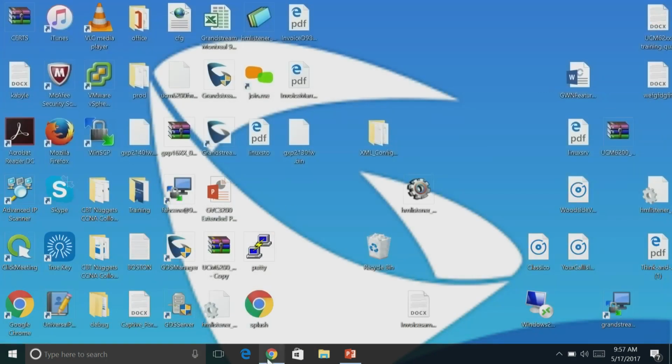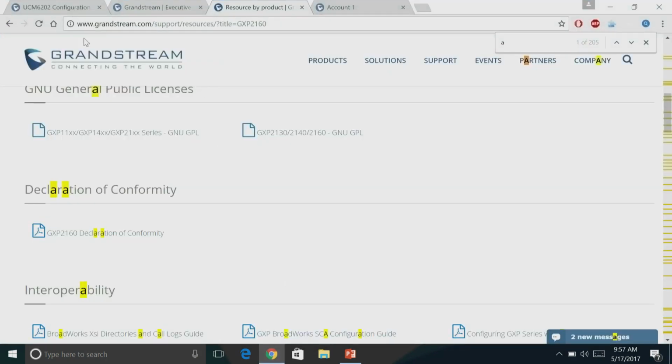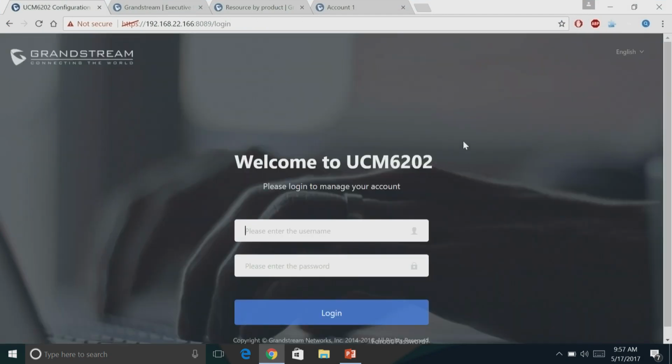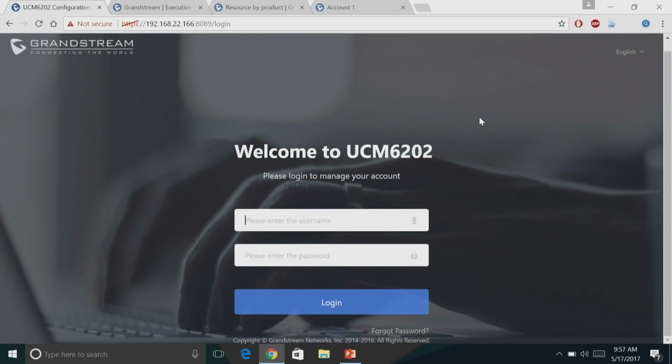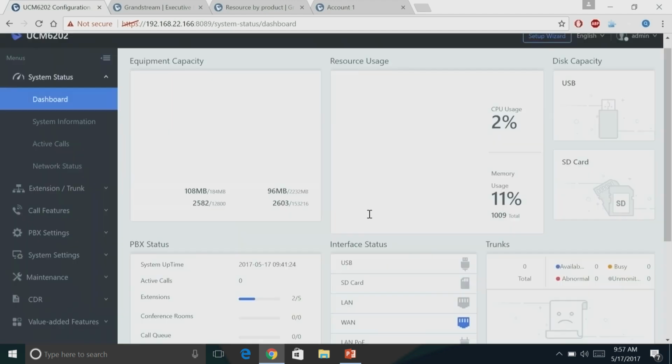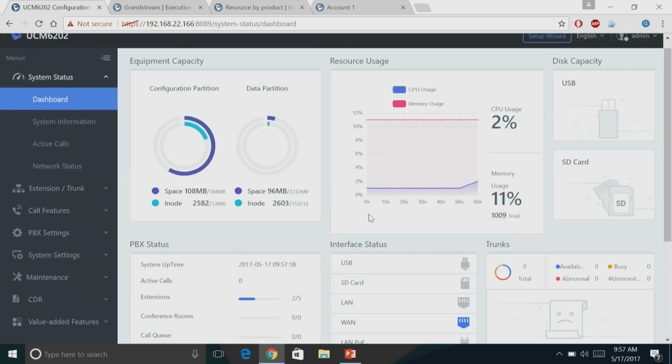Okay. And let's just go straight to the UCM web interface. Sorry, let me log out. And this is what it looks like. Let's just log in. And here is the new generation firmware for the UCM with a new design. It's got the status page here that shows you